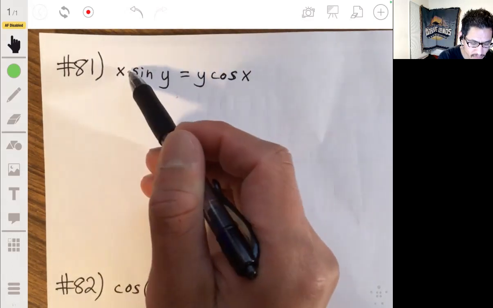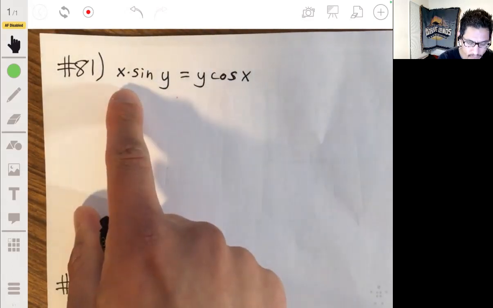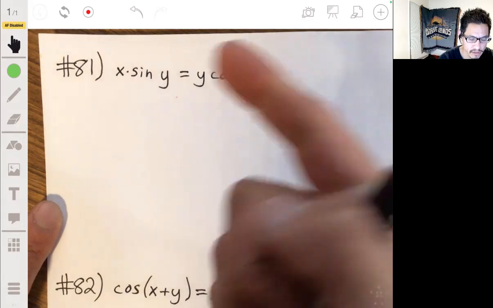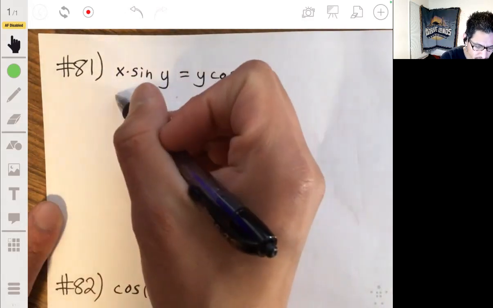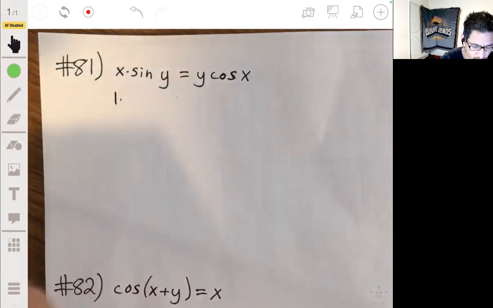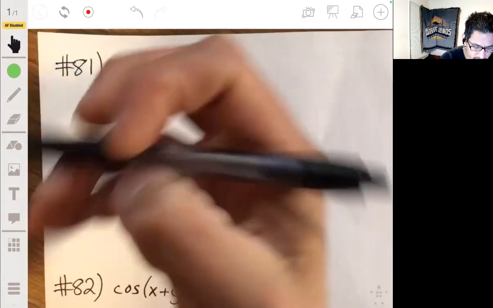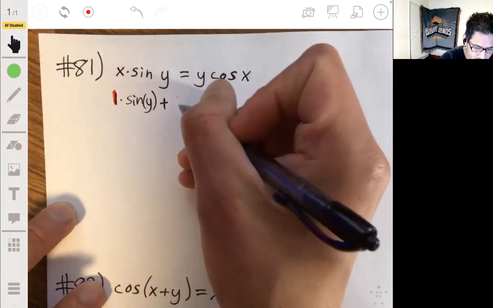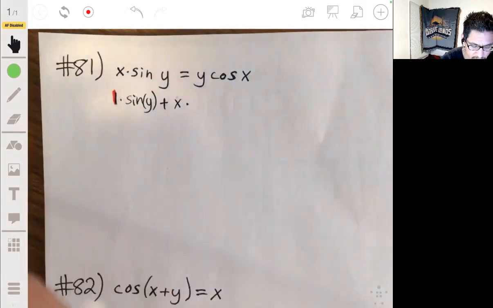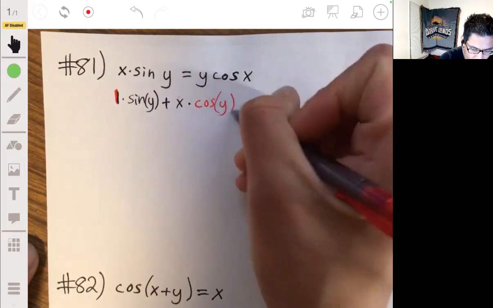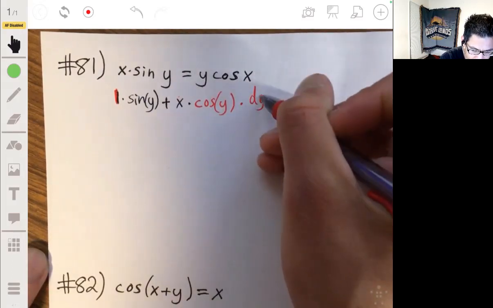All right, so here we have basically product rule that we just got to worry about. So the derivative of x, which will just be 1, times sine of y plus x times the derivative of the sine of y, which would be the cosine of y, times dy dx